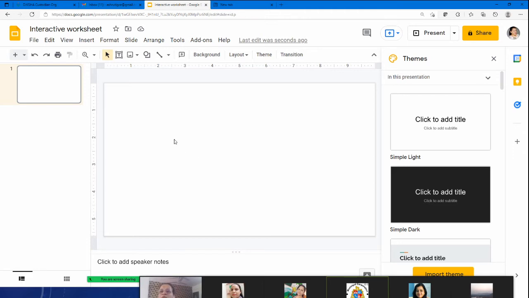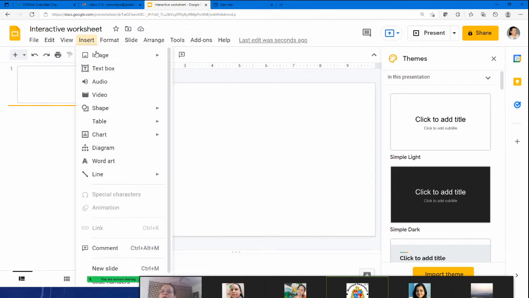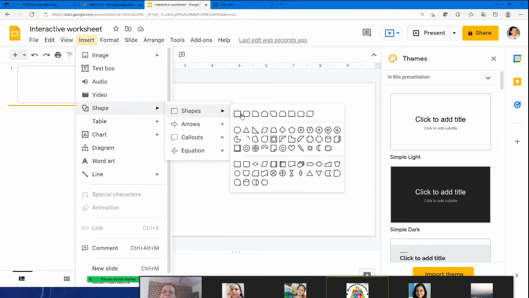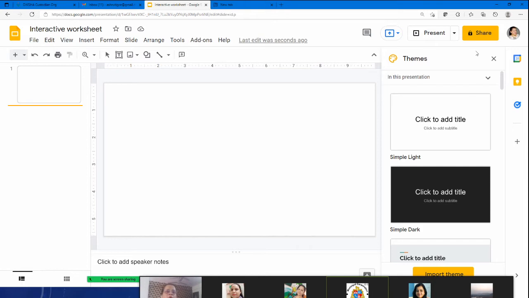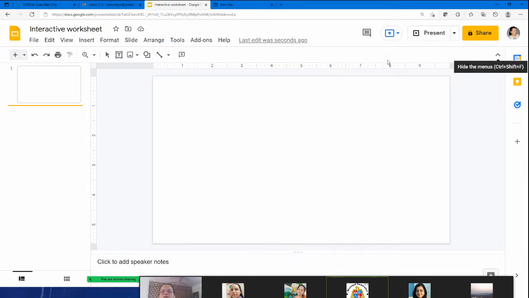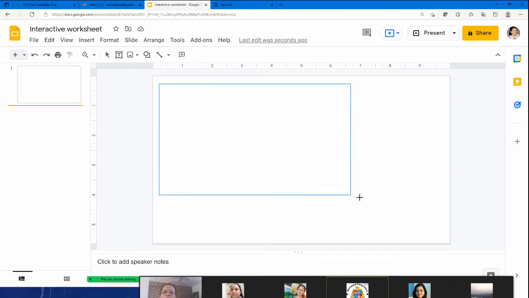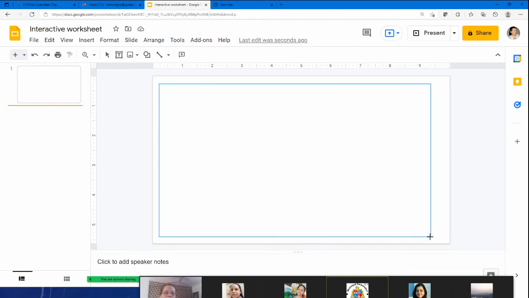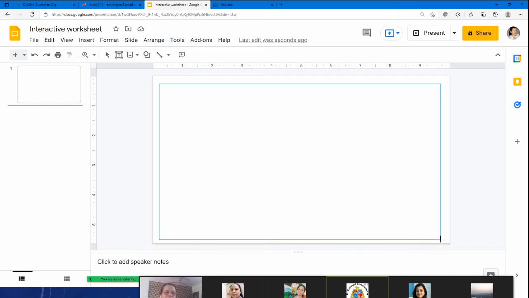So what we do is, सबसे पहले let's go for inserting a shape. So what I did was I inserted a shape, a square. We don't need the themes, so I'll just close this. You can make it for the whole slide, or if you want you can take a part of it.